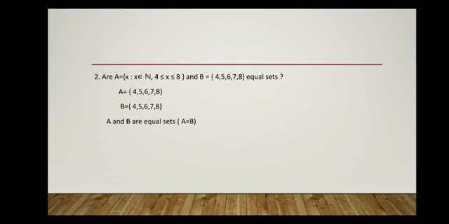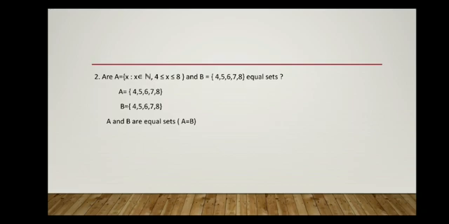If a set is having only one element, that set is called a singleton set. Next we saw what are finite sets. If a set is having a finite number of elements, then that set is called a finite set. Next we saw what are infinite sets. If a set is not finite, that is an infinite set. That means if a set is having an infinite number of elements, then we call that set an infinite set.